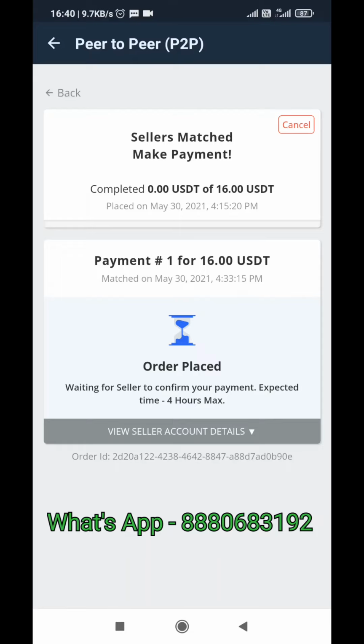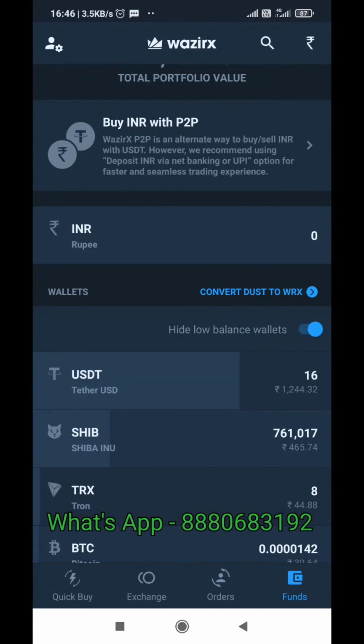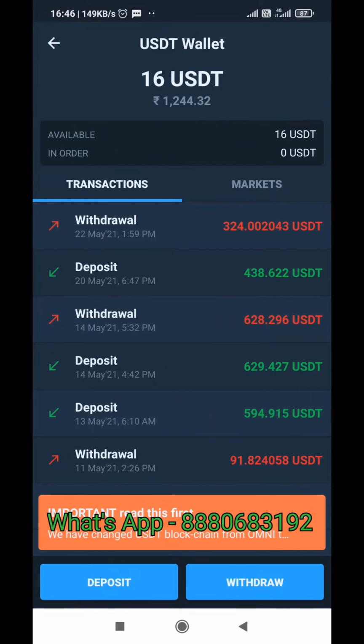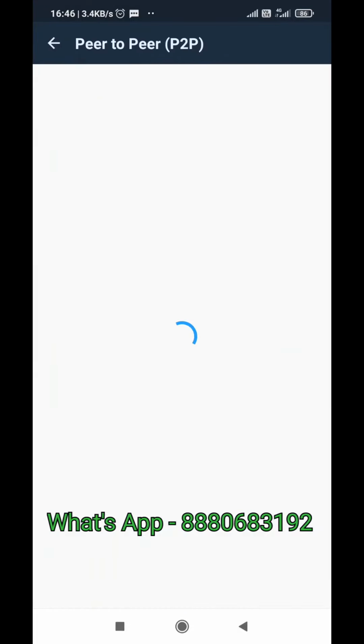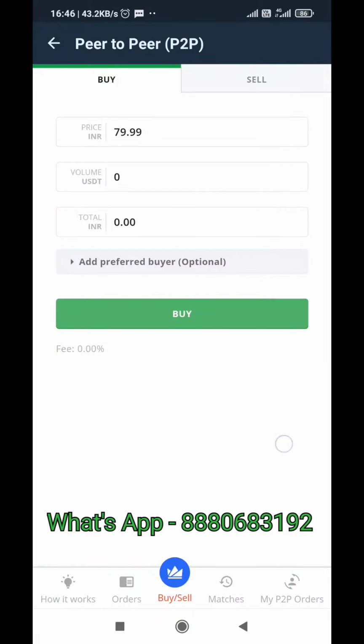So now let's check again after some time. Now it is 4:46, my dear friends. I got 16 USDT. I received this from that seller because I paid the amount and he confirmed from his end, and that 16 USDT was released to my account. So in P2P, I will show you here. Here there are open orders and closed orders. Now it is closed, meaning a completed order. You can observe here. I hope you all understood the process, my dear friends.